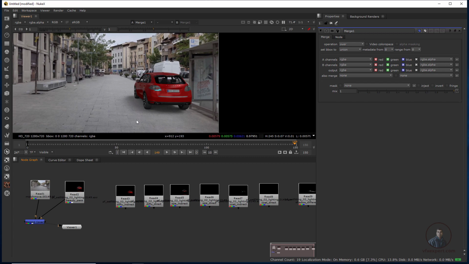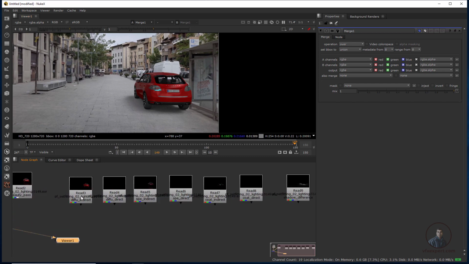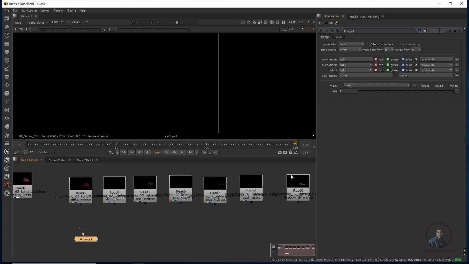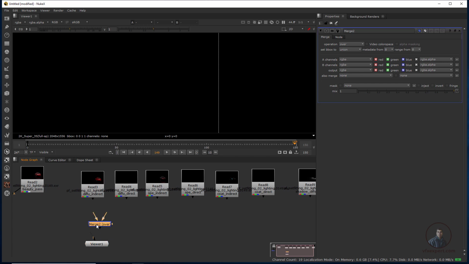This is important. Now just come here. First you have to check diffuse indirect, diffuse direct, specular indirect, specular direct, coat direct, indirect, and shadow. Now we have to achieve the same result with the help of these render passes. So just unplug here. For merging these render passes, we have to take a merge node and add all render passes. Simply take a merge node, press M. So this is B, then first A, like this.